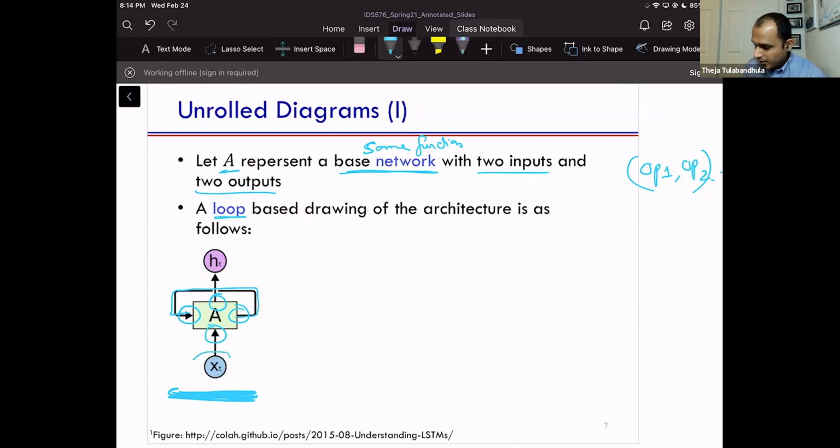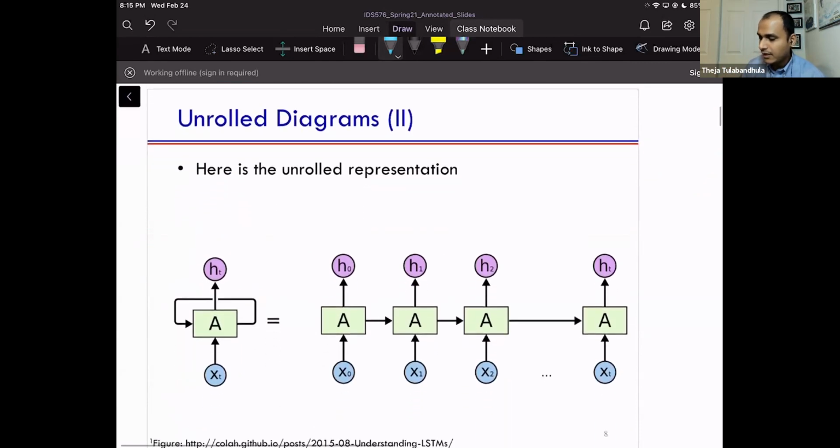Okay, there's a sequence of inputs coming in, so that's why there's a subscript t here. There's a sequence of outputs being produced, and there's going to be some recurrent connection. That does not correspond to a computational graph. The actual computational graph, of which this is a close approximation, is called the unrolled diagram. The unrolled diagram says, take x naught as an input at the beginning. There's no other input here; it's just nothing, or zeros, and that produces an output, and another output.